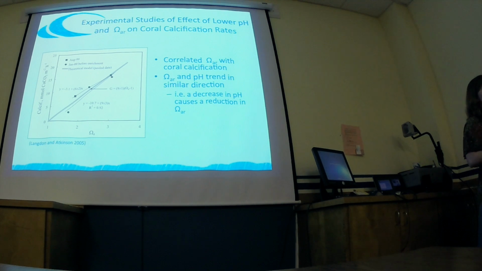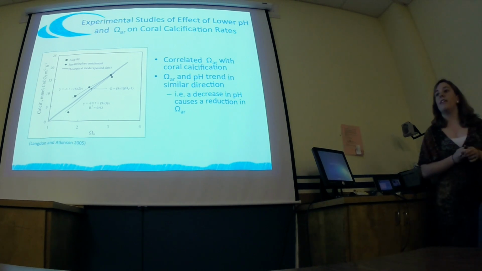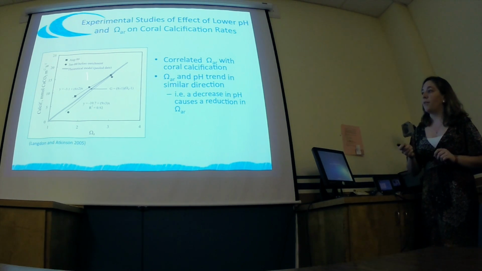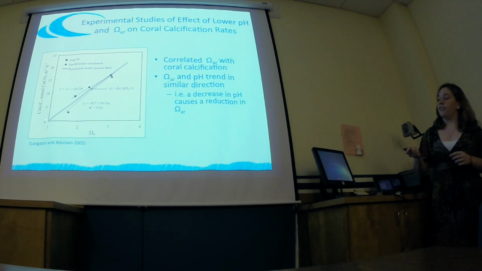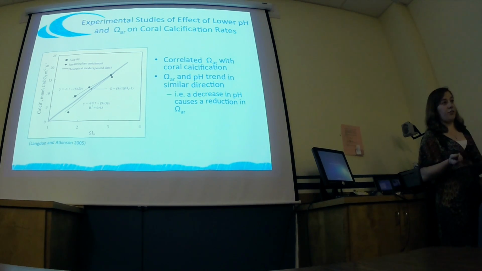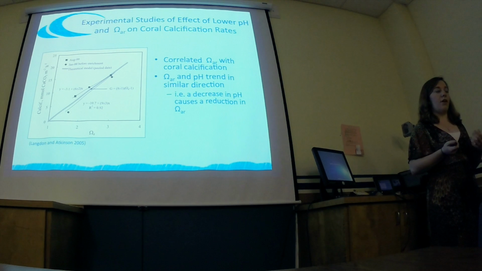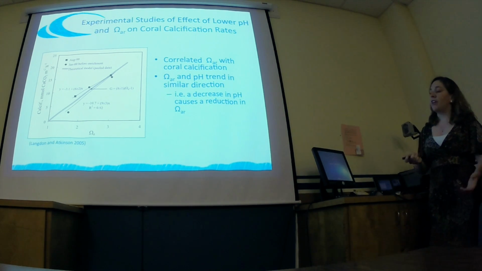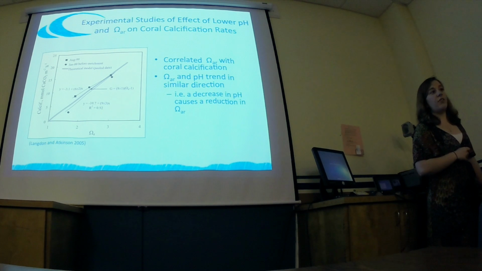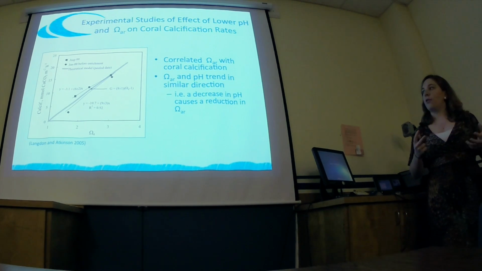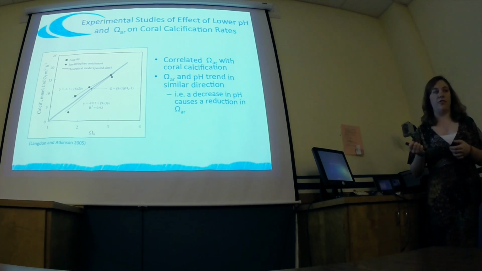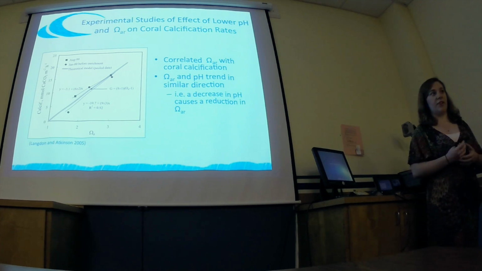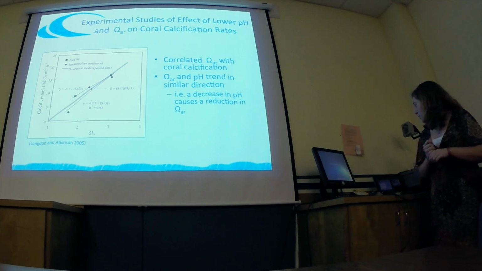So various studies have shown that there is this relationship between aragonite saturation state, seen here on the x-axis, and calcification. A study by Langdon and Atkinson from 2005 shows a linear relationship that when pH and saturation state are decreasing, we see a decrease also in calcification rate. Other studies have been performed that show this similar trend, and others have been performed on more sensitive corals, and they've shown different responses. Some corals don't even show this sort of linear relationship when looking at aragonite saturation and pH in comparison to calcification.